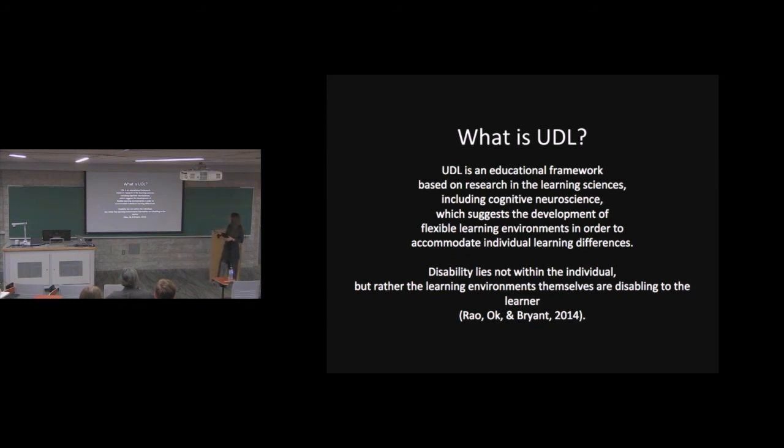So universal design is an educational framework, and it's based on the neuroscience, and it stems from more of a social model versus a medical model. So a medical model would say that something's wrong with the individual, whereas proponents of universal design say that we recognize that somehow the way in which we structure our learning environment is disabling. So it asks the individual to take a little bit of onus on themselves to reflect, think about how they present information, how they use groupings, how they use choice to motivate and reach students where they are.